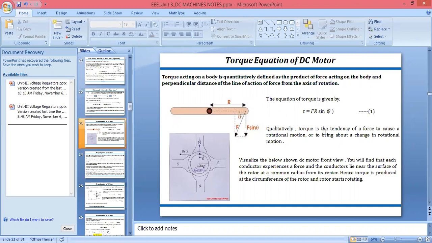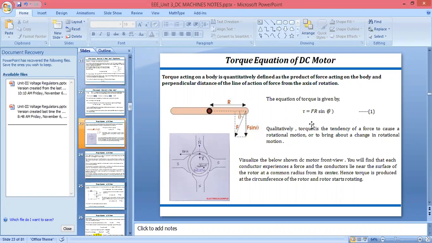So torque is the force that causes the rotation of the armature, and it will bring the change in rotational motion, because when the armature winding rotates, at that time we will get the EMF, back EMF. So here